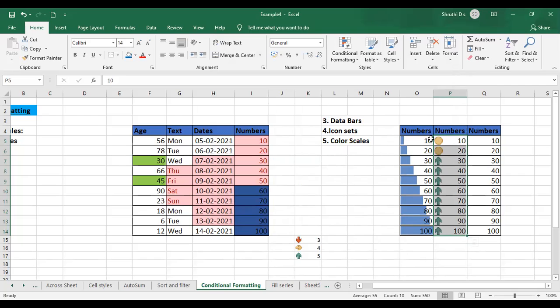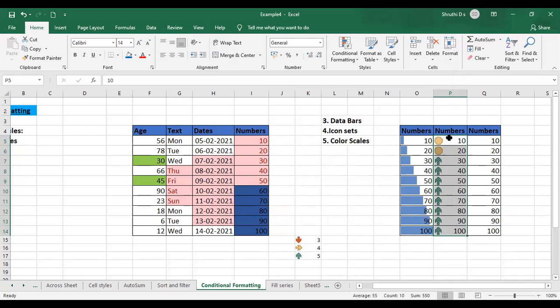Like this, individually, you can set different icons based on conditions. See, how did I do it? I just want to change the icon for the numbers. Previously, it was automatically taking the average, right? Below average, average, and above average. Now the condition I have set is that numbers greater than 30 should get this upward arrow mark, and the rest of them will get this round one.